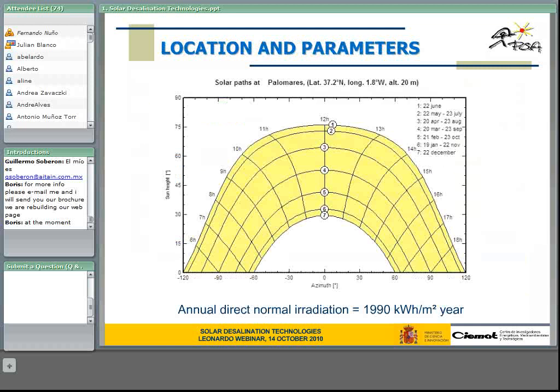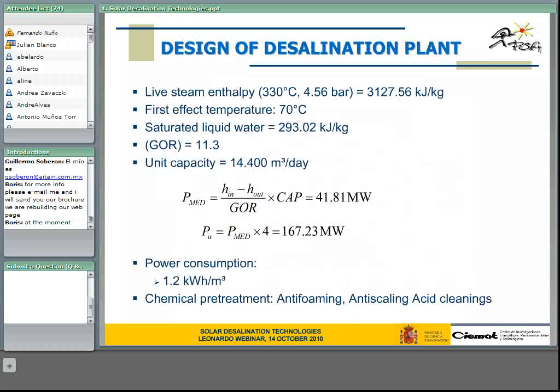Okay, so in this case we have the calculation for one specific location. This is one Spanish site in the south of Spain that we selected, and from the existing atlas and possibilities, we take the solar location along the different days of the year, and in this specific location the annual DNI, the direct normal irradiation, is 1,919 kilowatt hour per square meter a year. So with this figure,